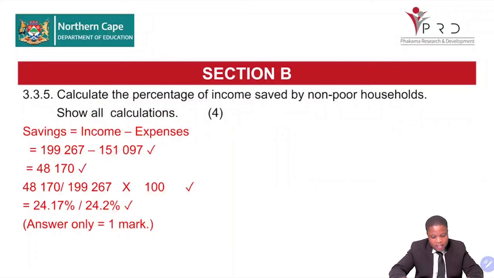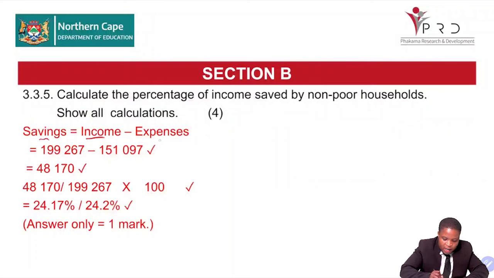3.3.5, calculate the percentage of income saved by the non-poor. Show all calculation. So for you to get savings, because you are not given savings, you are given income and expenses, you must take income minus expenses, and then this is your savings. So this is how much the non-poor households save. So you need to get what? The percentage of this